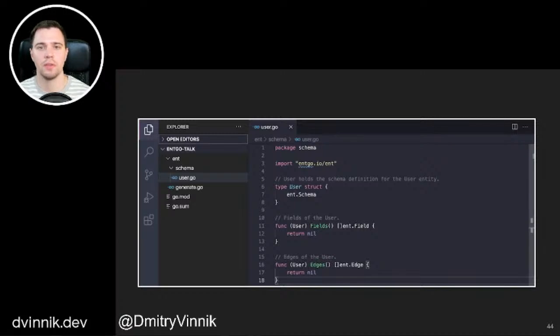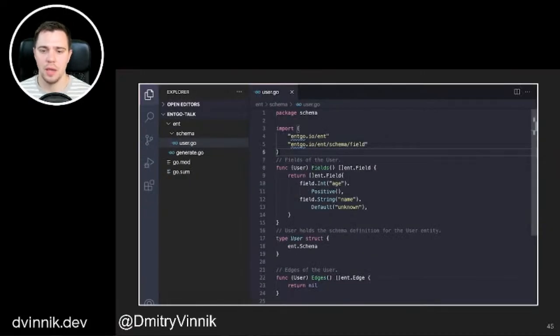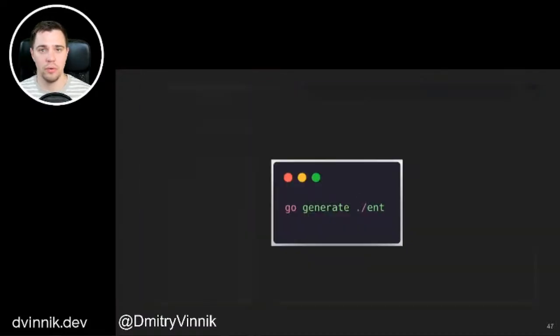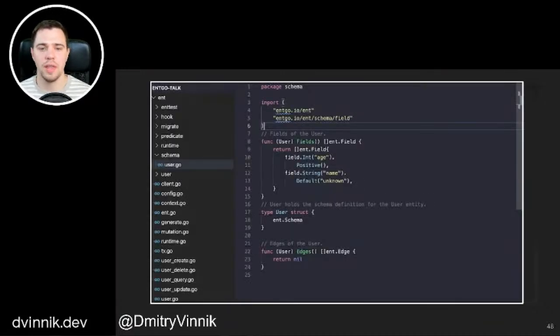But if you wanted to take it further and, let's say, add age, name, or whatever else you might decide to add, after adding those fields you will run the generate operation, and it will generate all sorts of files that are necessary for you to use it. It's already fully functioning, so you can deploy it and start working with it right away.